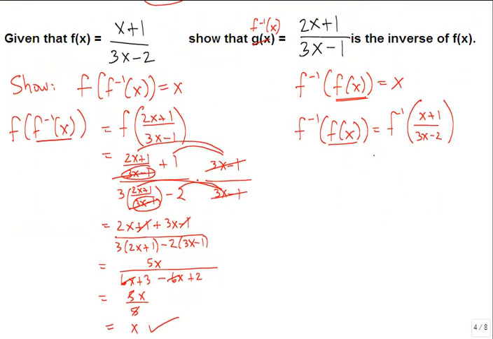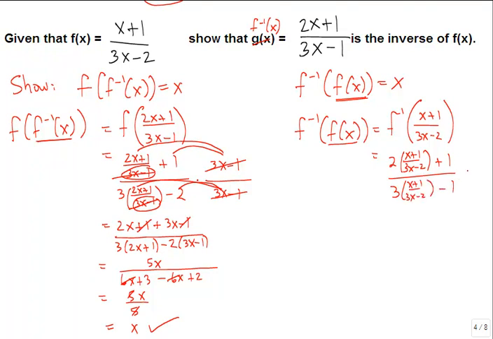So we're going to go to the rule for f inverse: 2 times the input plus 1 over 3 times the input minus 1. So we need to do 2 times this whole input, this whole fraction, plus 1, all over 3 times the input, or 3 times this whole big fraction,